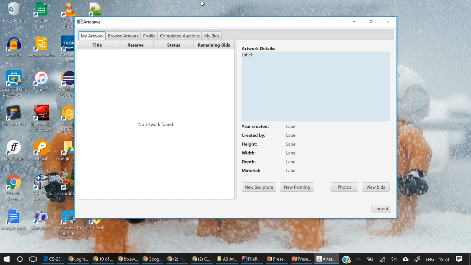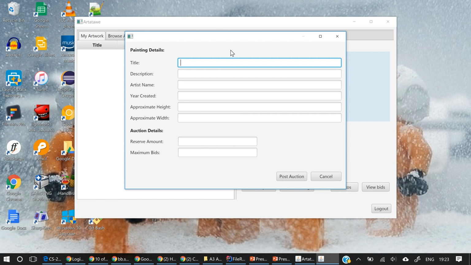So I've logged in and here I am on the main screen. Okay, so if I wanted to add a new painting, let's say, all I have to do here is click new painting and then this dialog comes up. So let's say I wanted to